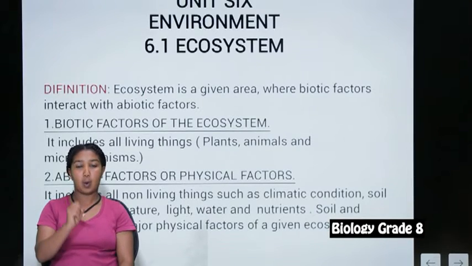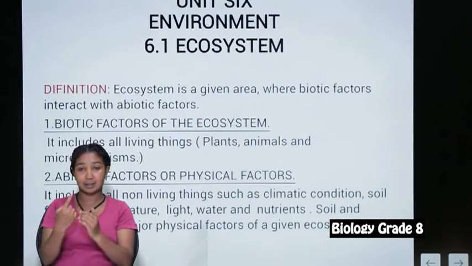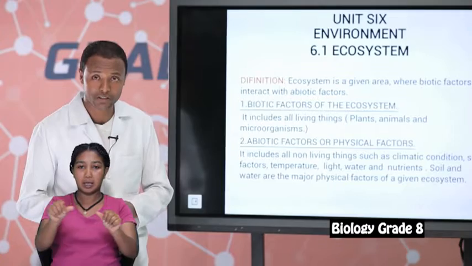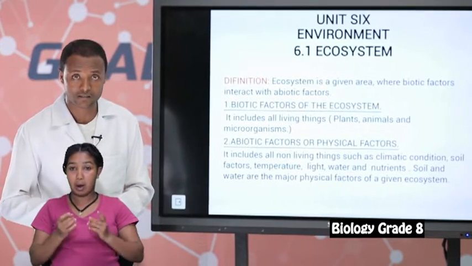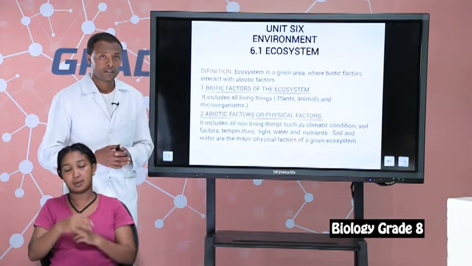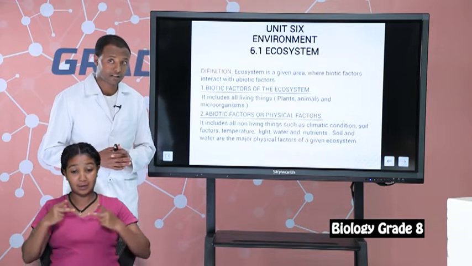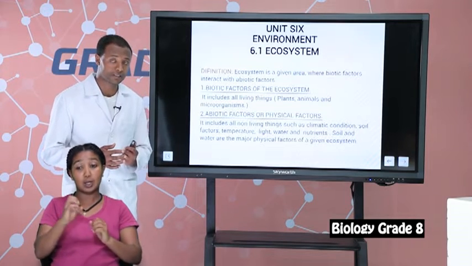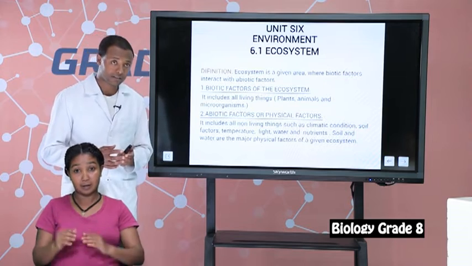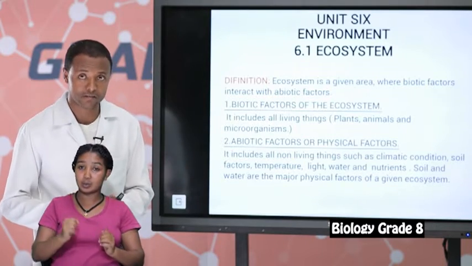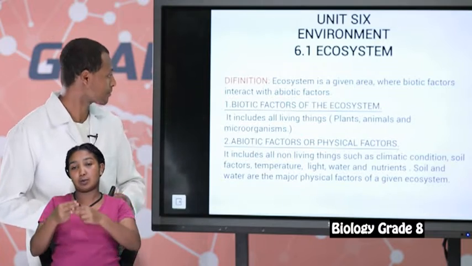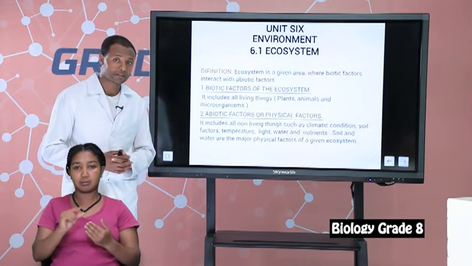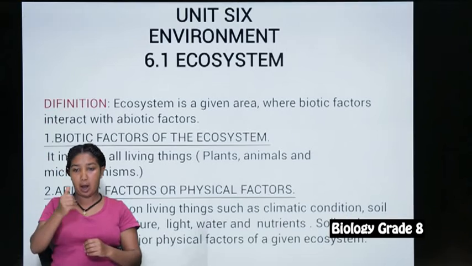Okay, students, let's summarize what we have discussed so far. We discussed ecosystem. We defined ecosystem as a given area where biotic factors and abiotic factors interact with one another. Biological factors and physical factors are the important components of an ecosystem. So when an ecosystem contains both biological and physical factors, the ecosystem is said to be complete. The biotic factors include all living things, plants, animals, and microorganisms, whereas the abiotic factors or physical